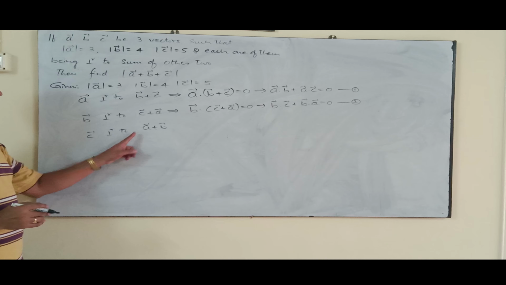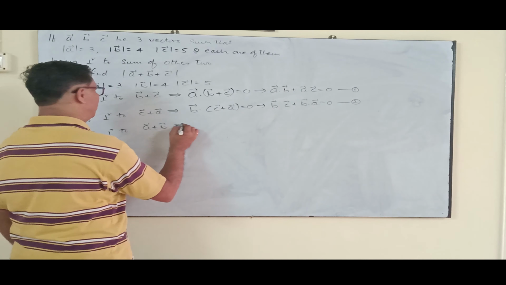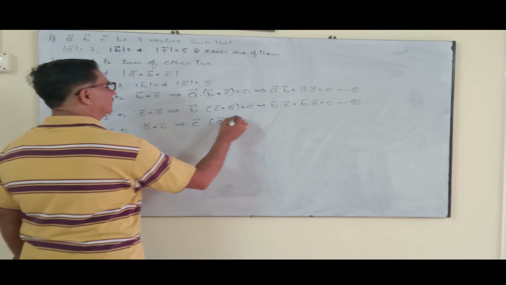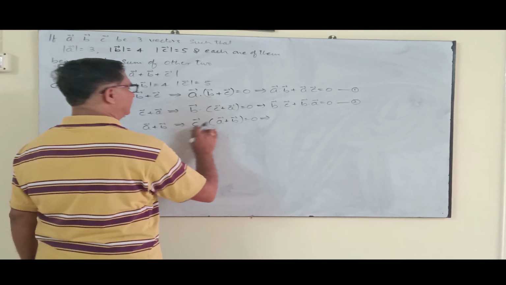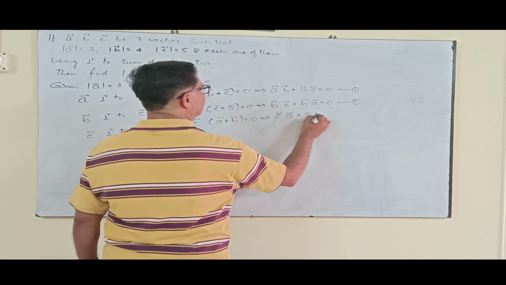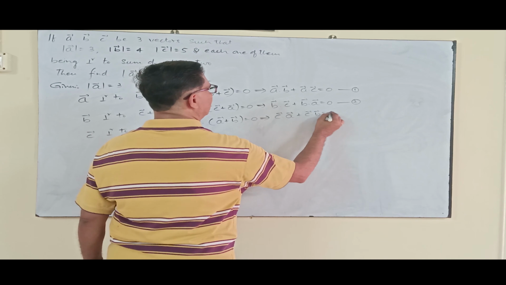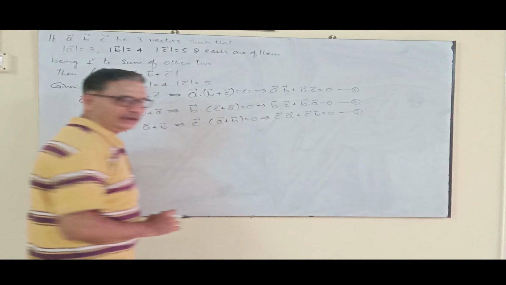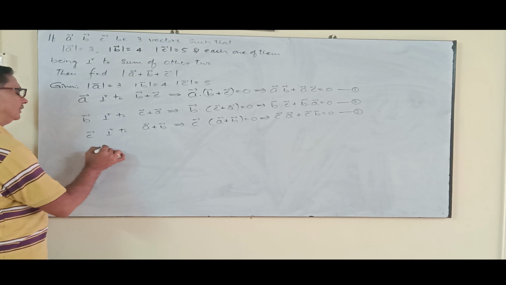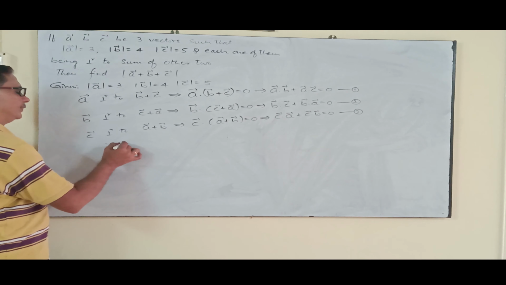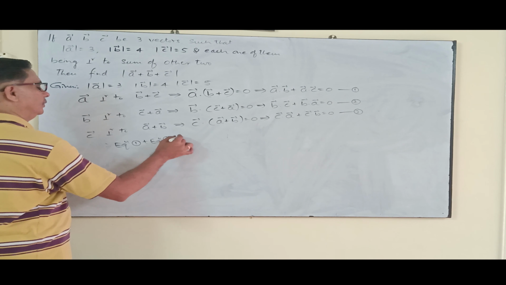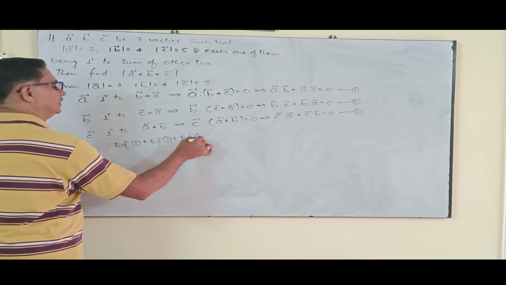Similarly, vector C is perpendicular to A plus B implies C dot (A plus B) is equal to 0, which implies, removing the bracket, C dot A plus C dot B is equal to 0. Equation 3. Now add these 3 equations. Equation 1 plus equation 2 plus equation 3 gives,